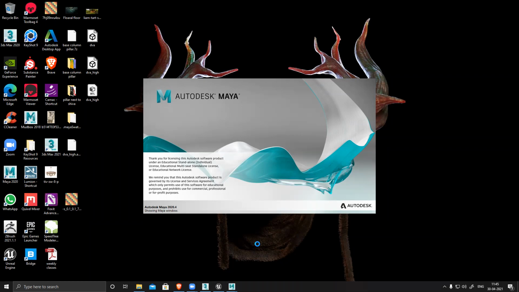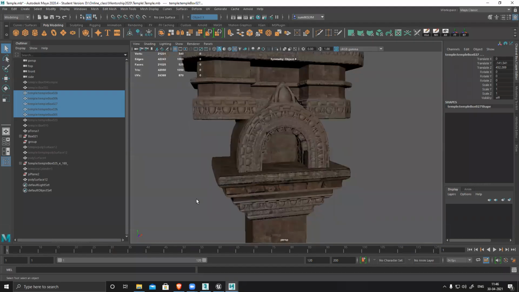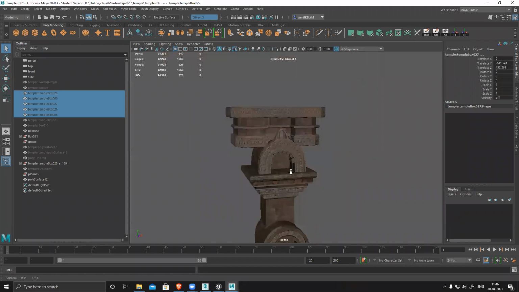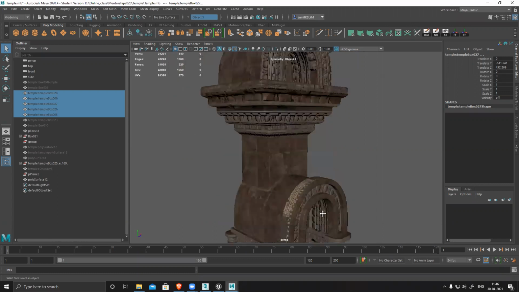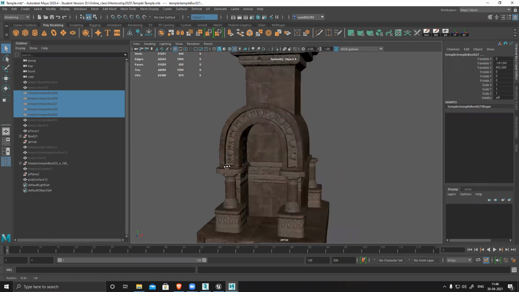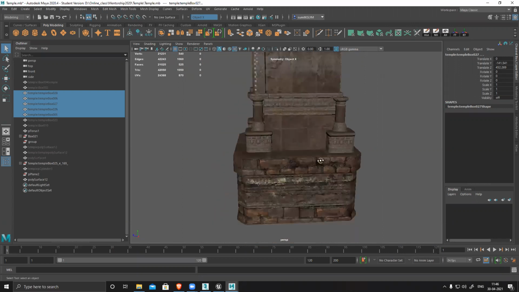So you can see this model, right? Your screen is stuck. Okay, now I can see. You can see there's a texture, the same texture repeating here, the same texture repeating, but it still has all the details. This surface is separate, this is separate.